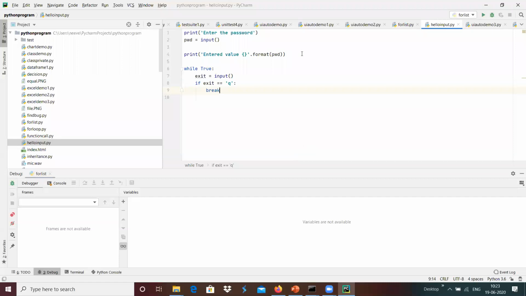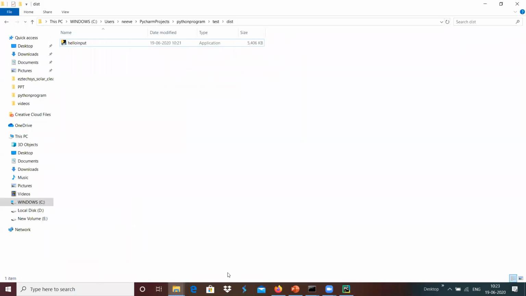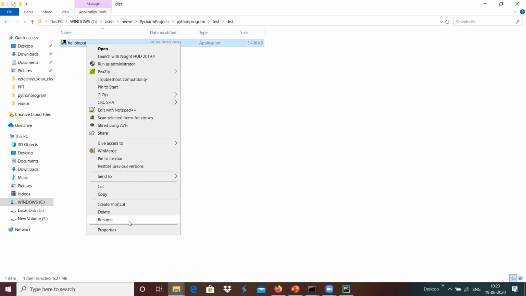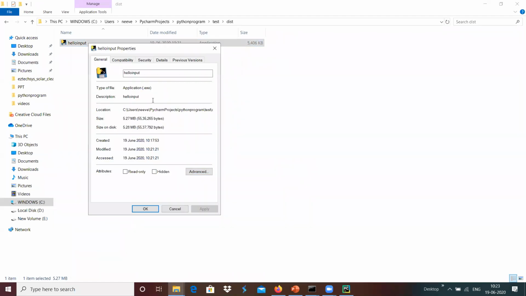That particular application can be created into an exe, and the exe can be shared with anyone, or released like a normal Windows application. We have used hello input.py, and we generated the output exe, hello input.exe. Whenever we see the properties, this is hello input.exe.